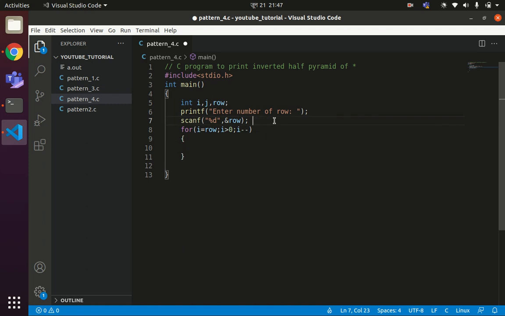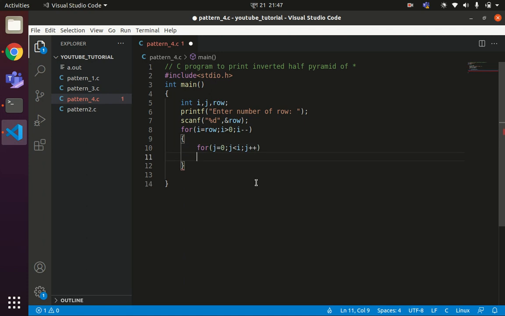Now for j equals to, how many times should it be executed? i times. For j equals to 0, j less than i, j plus plus.